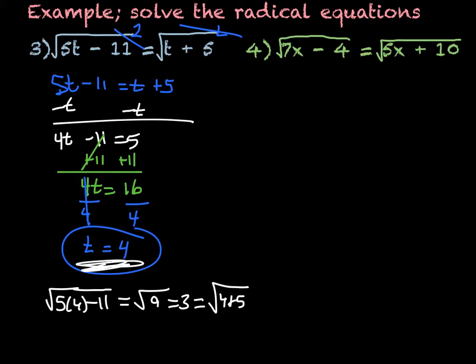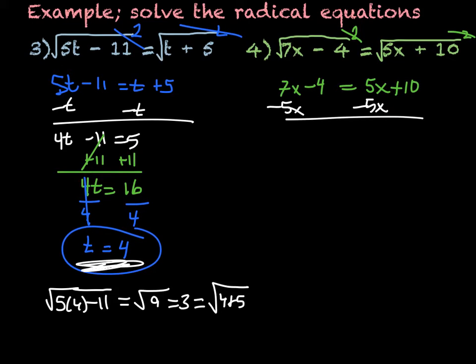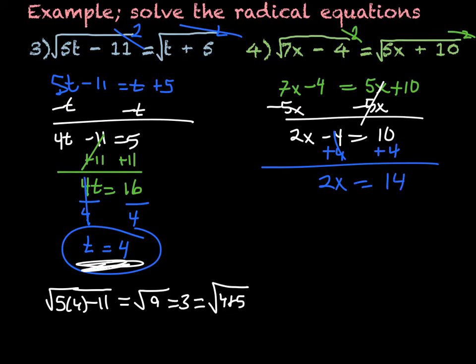For the next one, again, we're going to start by squaring both sides. So I get 7x minus 4 equals 5x plus 10. Now in solving, I'm going to subtract the 5x from both sides, leaving me with 2x minus 4 equals 10. So I'm going to add the 4 to both sides, and I have 2x equals 14. Then I divide by 2,